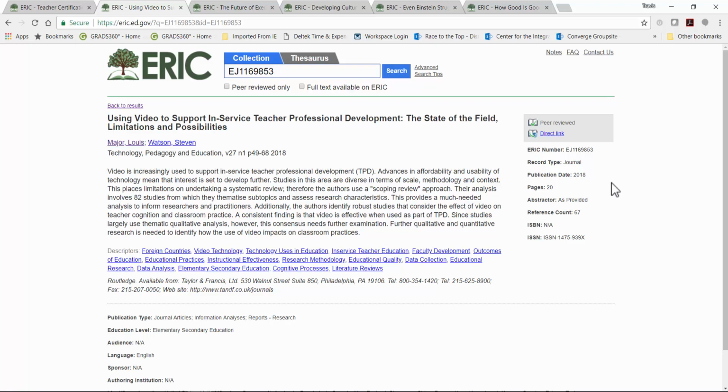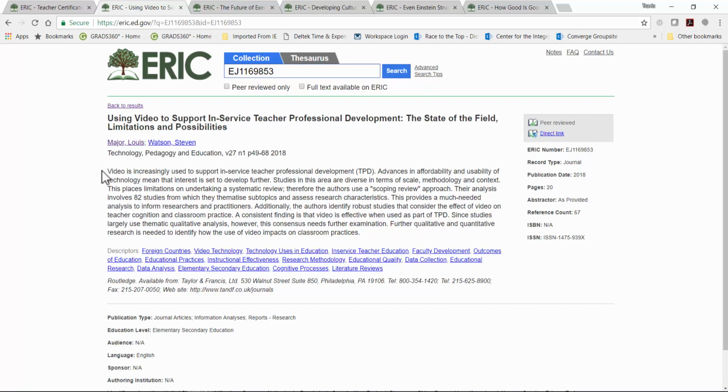All right, let's go to what is sometimes the largest field, and that is the abstract. So to assess whether or not the content you found is on target for your research, the abstract field can offer the most significant information. The abstract is a narrative summary of the work.